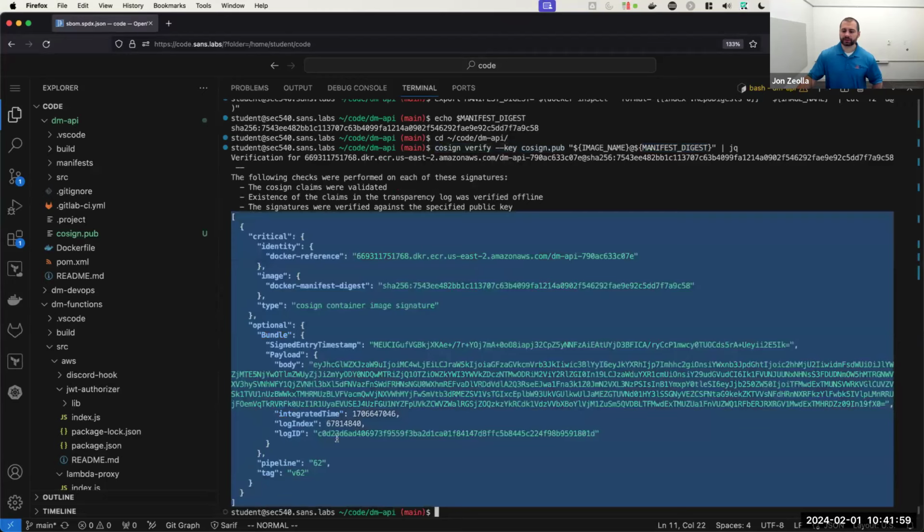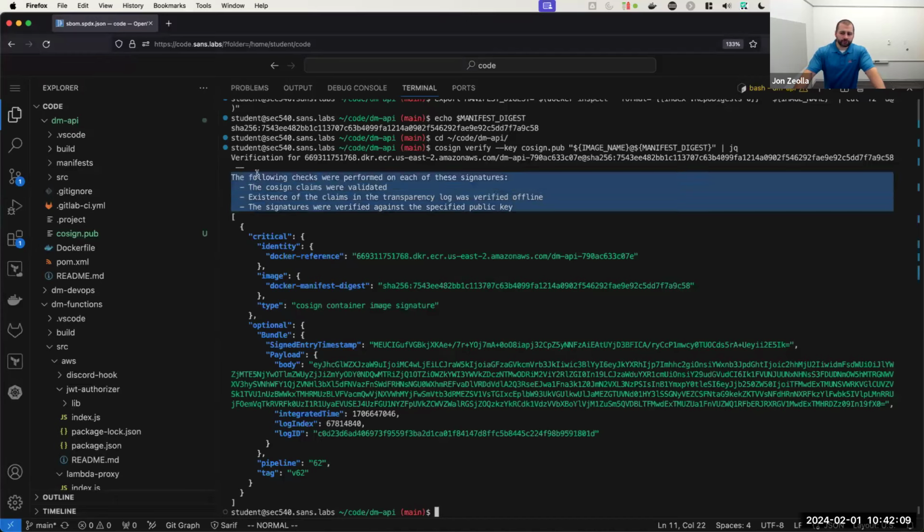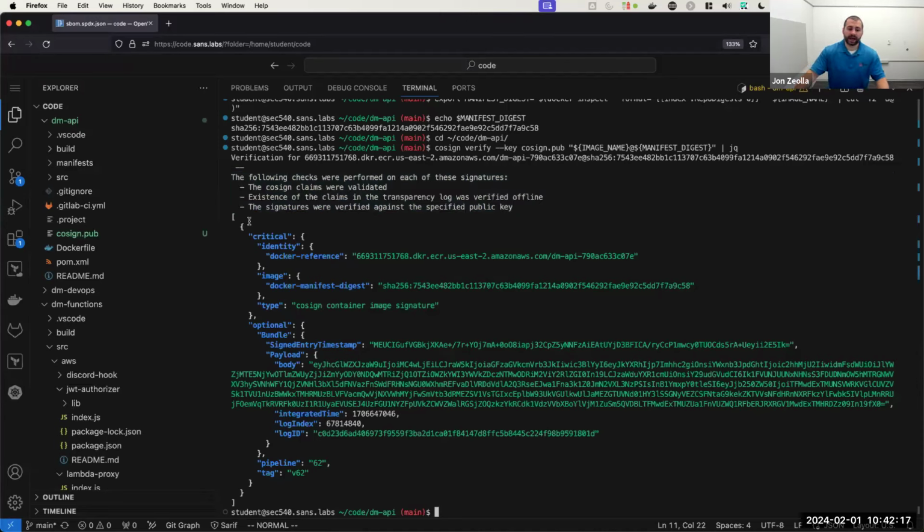This right here is the output that cosign gives you, the context about what was signed. And you can also see it's a little bit obtuse, but in this block right here, we're saying the signature is validated, right? The signatures are good. So this verified. We had a cryptographically signed image, and we just checked it by having access to the public key, and we're good. There are other things that you can do here too.